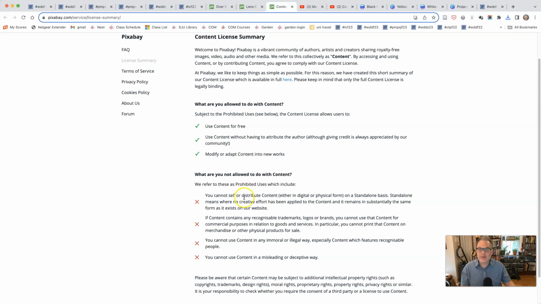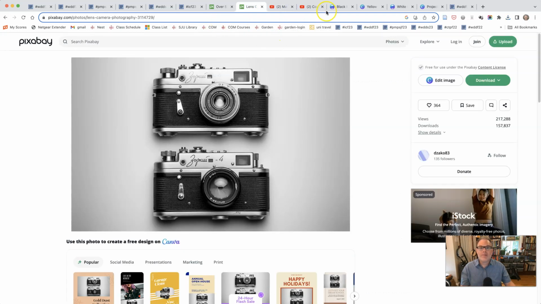So for example, you can't distribute the content. You can't use the content for commercial purposes in any immoral or illegal way, or in a misleading or deceptive way. And so you just have to follow their guidelines and be upfront about following their guidelines. Since we're doing this for educational purposes, we can go ahead and use it since we're not using it for any commercial reason. So I'm going to now go over to Canva,